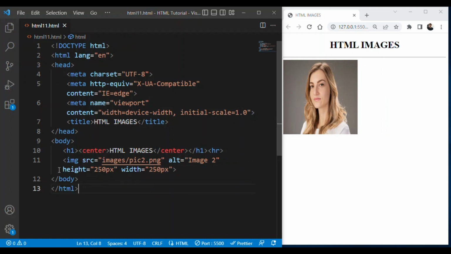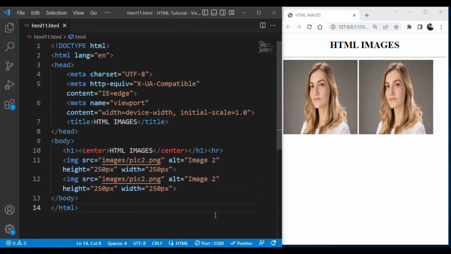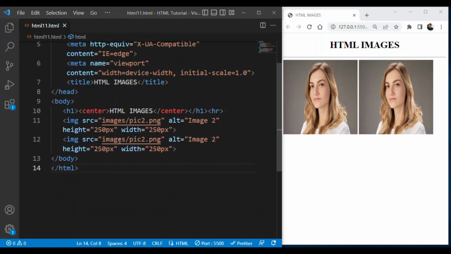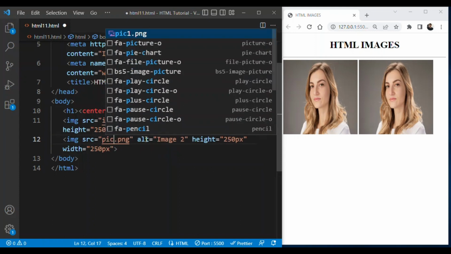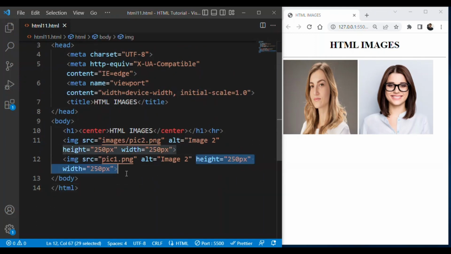Then next, now we'll copy this image and save this. Now I'll remove this and we'll write pic1. We can also set the height and width with the help of the style attribute.